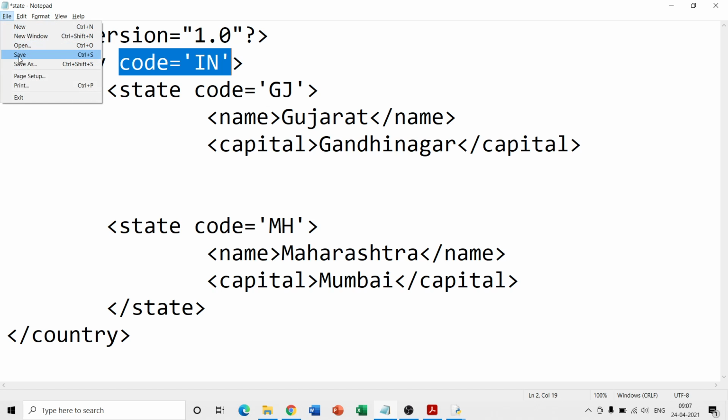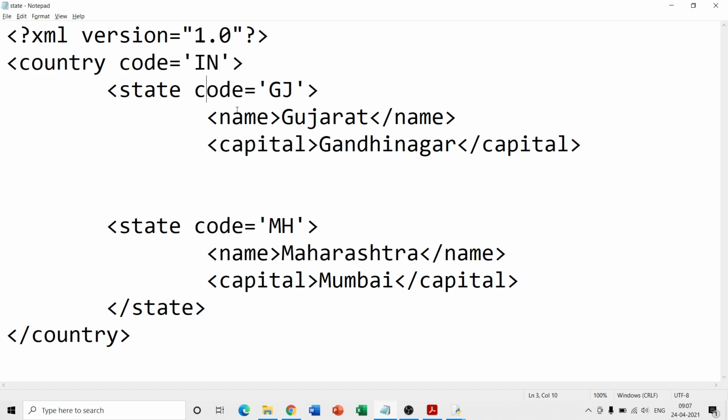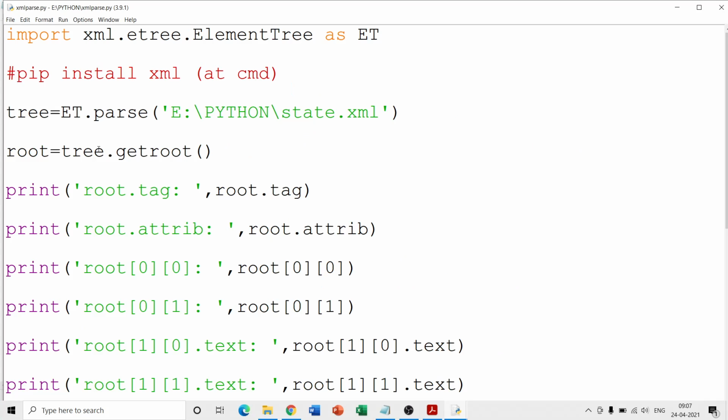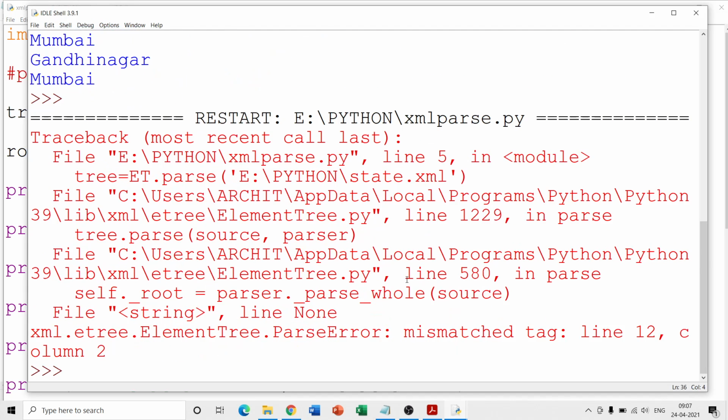So I save the file, and now I go to Python and once again execute this program, because once again I have to start reading the XML file and get the output. So let me check it up. Some error in the XML file.